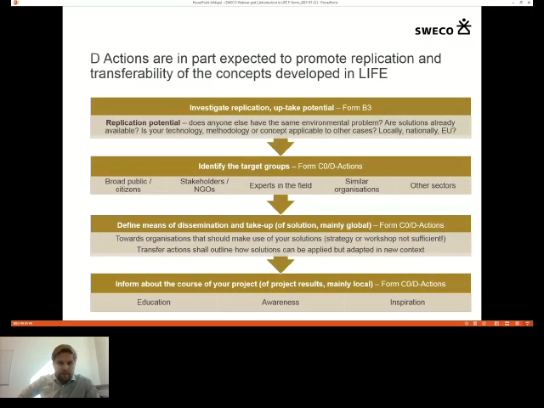And also, is our technology, methodology, or concept that we are trying to develop applicable to other cases? For example, to the neighboring region, can we use it there, or is it so that they are lacking something, or that maybe they have a different type of nature? For example, coastal adaptation measures is a good example. All the different coast types require very different